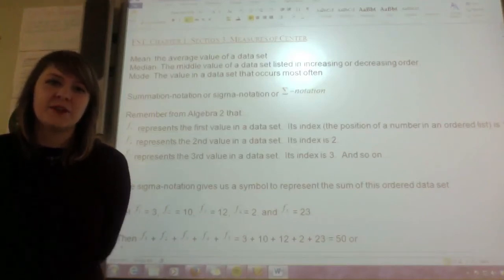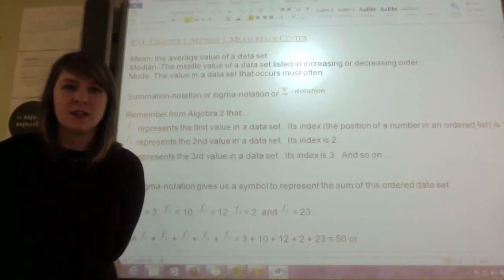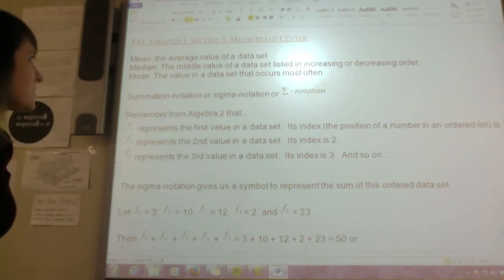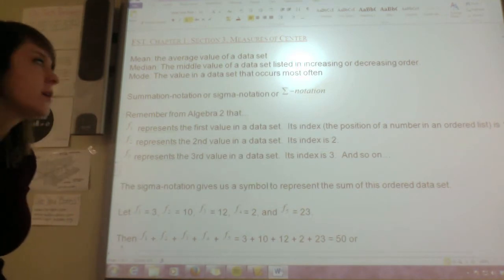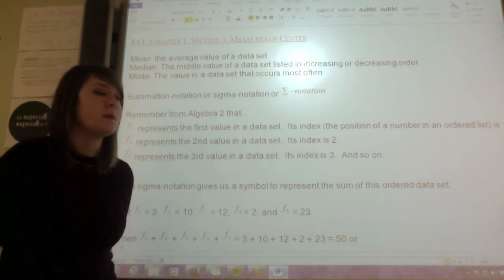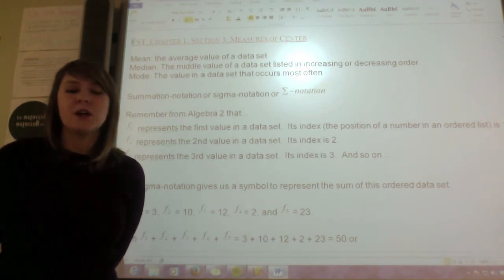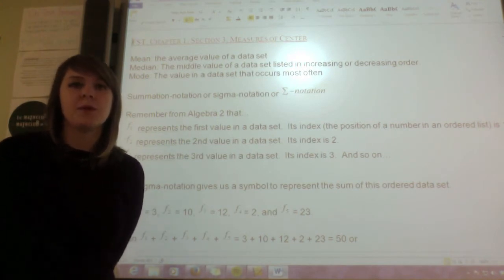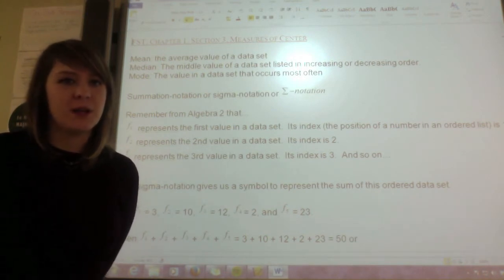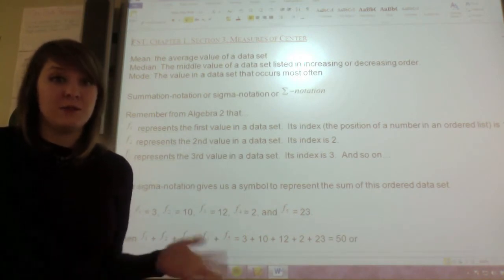Hi guys, today we're going to do Chapter 1, Section 3 in FST. Chapter 1, Section 3 is called Measures of Center, so we're going to be talking about mean, median, and mode, and we're also going to be talking about summation notation. Summation notation is something that we will be using later on, so it's important that you memorize what it is